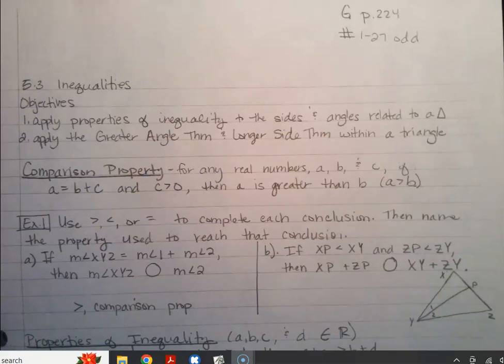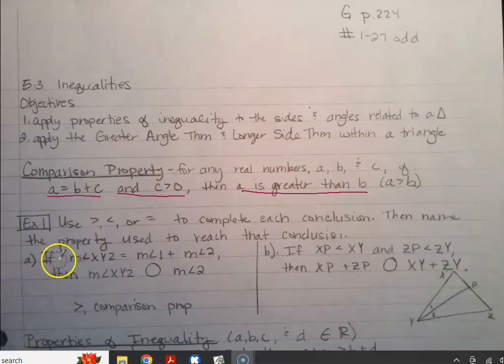So first up, the comparison property. So for any real numbers a, b, and c, if we have a equals b plus c and c is greater than 0, then a is greater than b. Okay, so do we get that? Like just in making a comparison? Good? Okay, so we want to use that